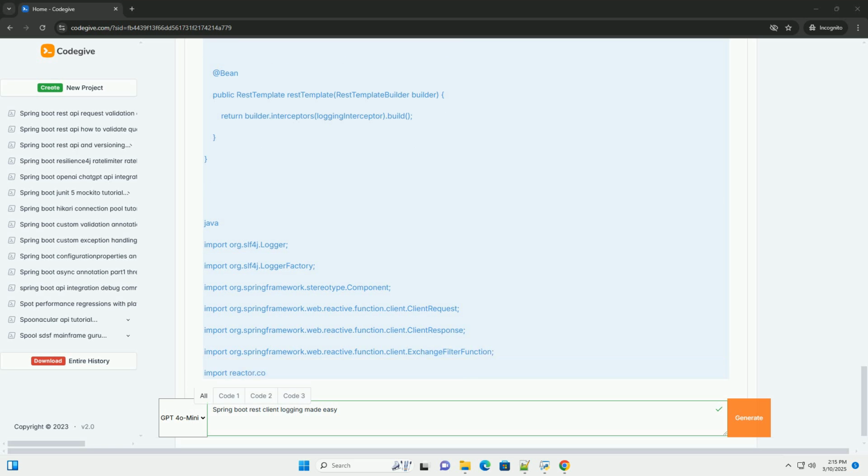1. Choosing a logging framework, SLF4J and Logback. Spring Boot uses SLF4J, Simple Logging Facade for Java, as an abstraction layer for logging frameworks. This means you write your logging code using SLF4J's API, and then at runtime, SLF4J binds to a specific logging implementation. By default, Spring Boot uses Logback. Logback is a powerful and flexible logging framework that provides many features, including